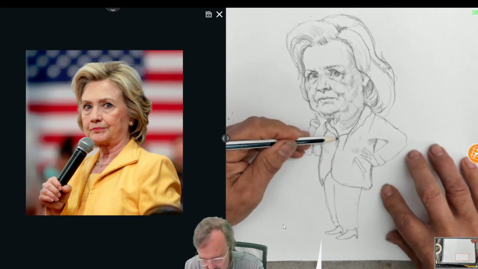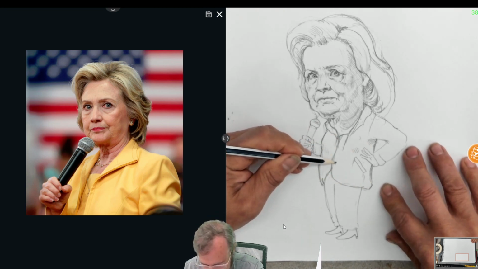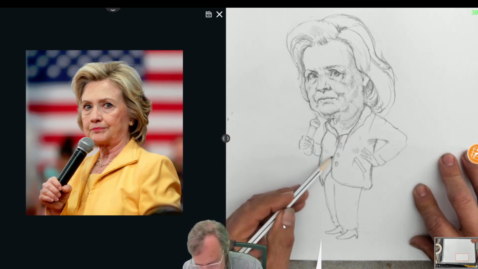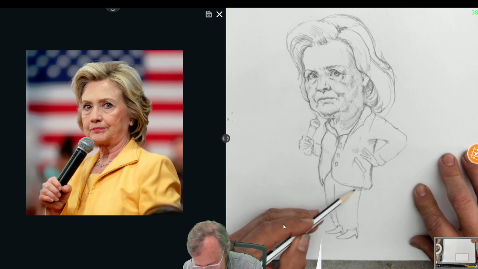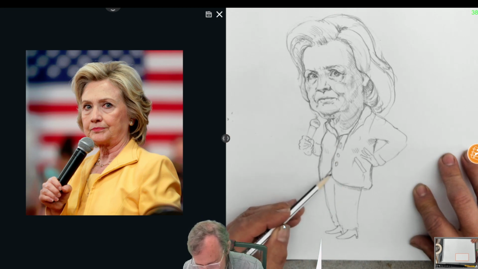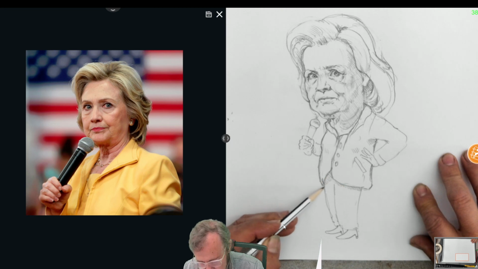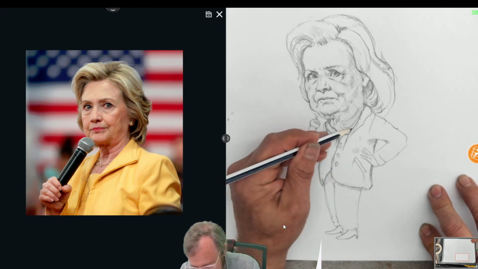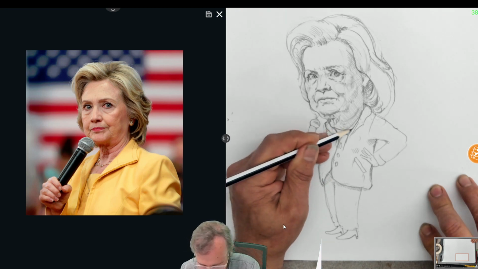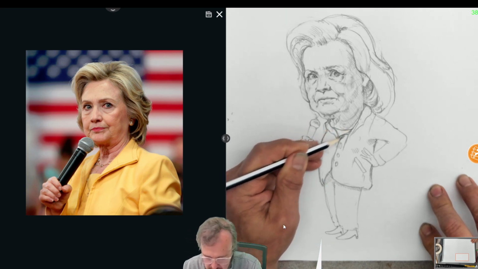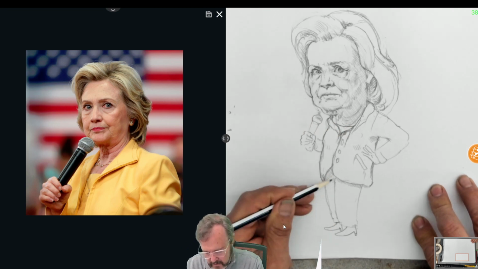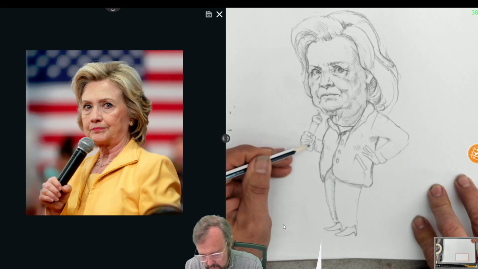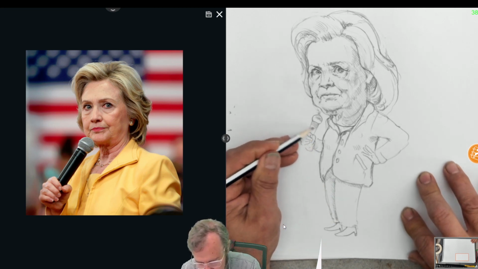So I'm going to give her pantsuit some big buttons, and we're going to shade this shadow edge where the jacket overlaps the pants, and put a little bit of shade where the legs meet, shade the microphone,